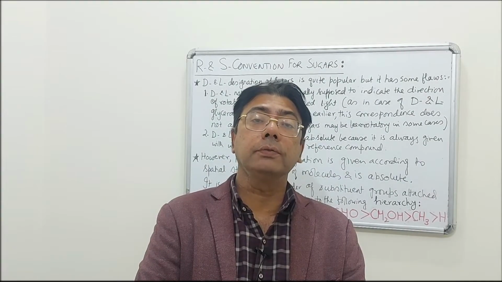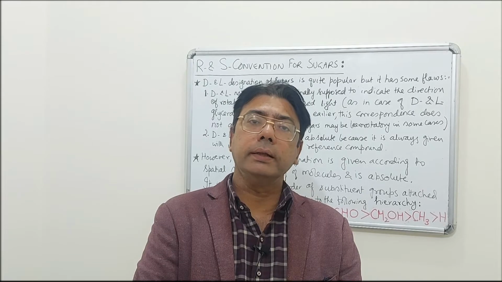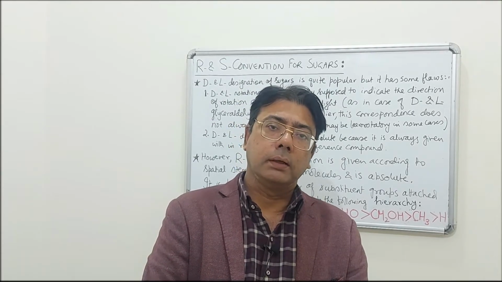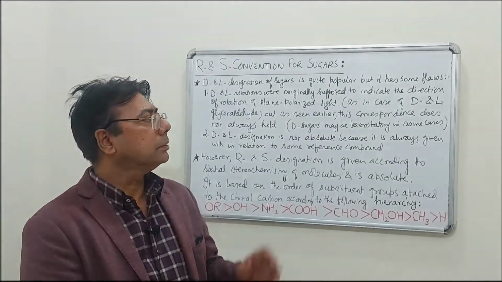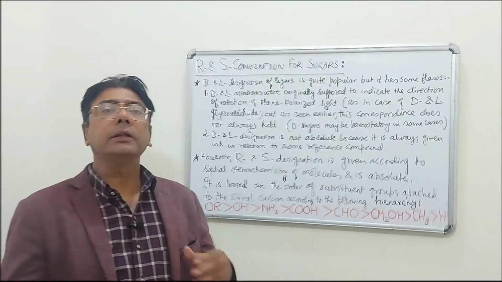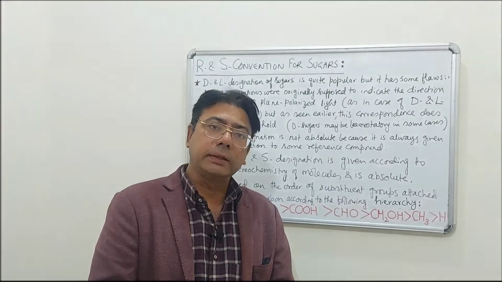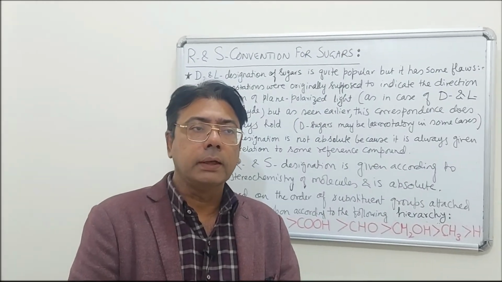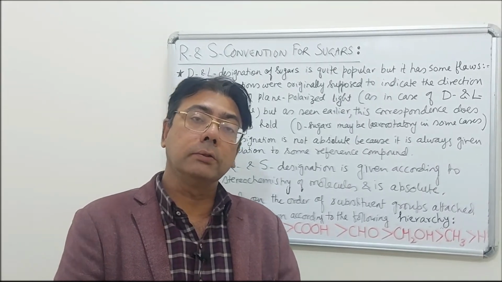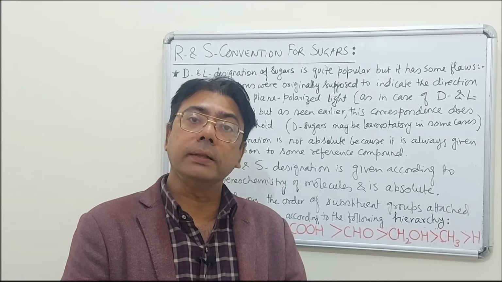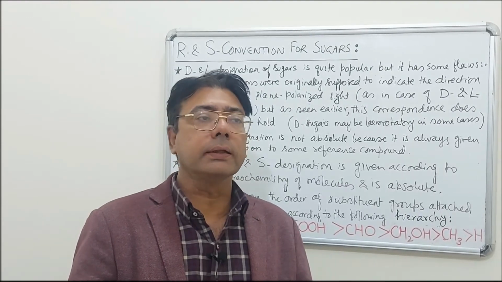At this juncture, it will be quite useful to understand the RS system for designation of sugars, which is a substitute to the DL system that we just saw with reference to certain monosaccharides. As we saw, the DL system was originally proposed to correspond to the direction of rotation of plane polarized light, and D was supposed to be dextrorotatory and L levorotatory. However, although this holds in case of glyceraldehyde, because D-glyceraldehyde is dextrorotatory and L-glyceraldehyde is levorotatory, the correspondence does not hold in case of higher